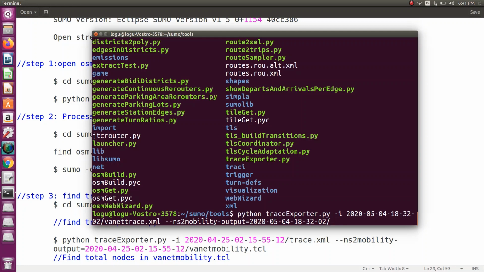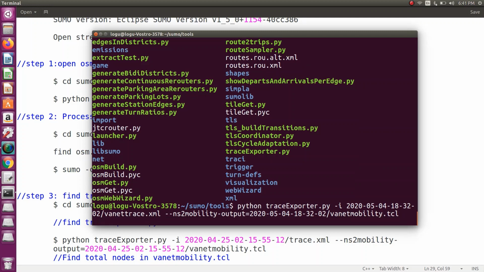So I am going to use, so that is a trace file. I am going to convert the trace file into TCL file, XML file into TCL file. So that is VANET mobility. So I want to convert that into mobility file. So mobility.tcl. Okay, so just give enter. So there is no error.